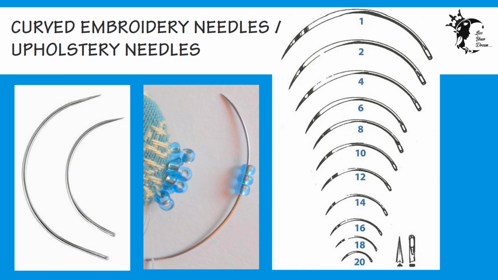Curved embroidery or upholstery needles have a medium-long eye and come in different sizes. They are fine needles useful for decorative embroidery, invisible stitching, and delicate beadwork. The size 10 curved needle is used for the finest embroidery threads. They are used to secure threads on the back of the embroidery, especially in situations where the fabric is very taut and the back of the stitches are small.